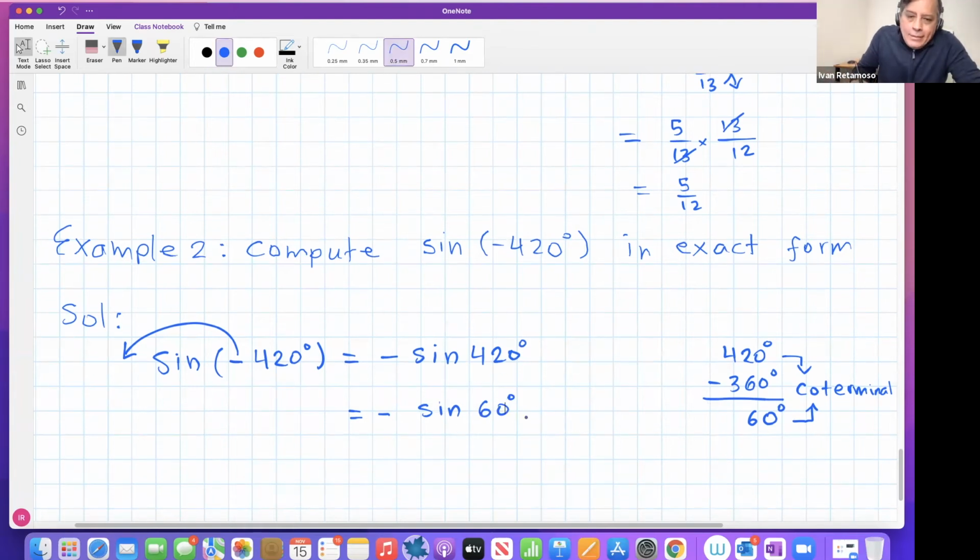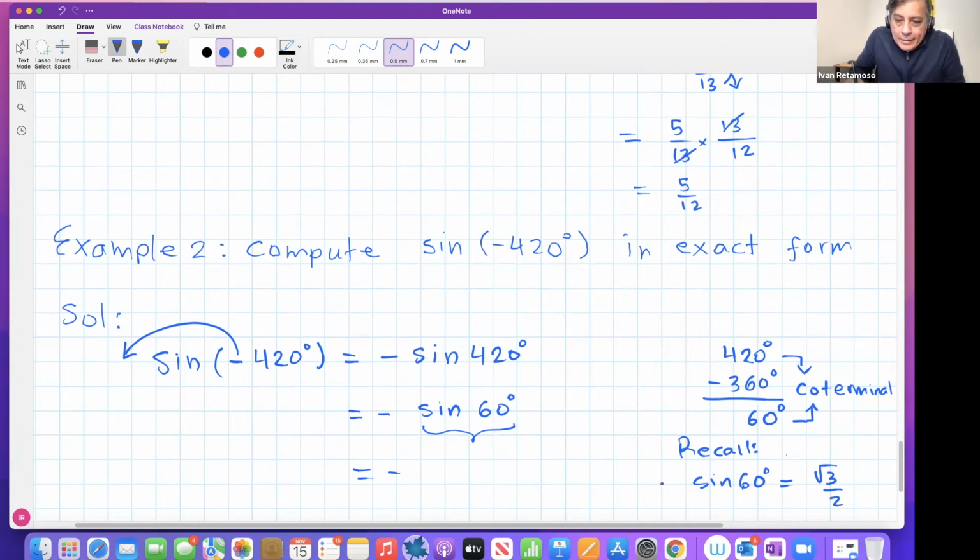But what is sine of 60 degrees? Remember I gave you guys this, recall. Sine of 60 degrees is equal to the square root of 3 over 2, right? Yeah, I gave you a table and we did this, right? But now, guys, good news. All these results that I gave in a table